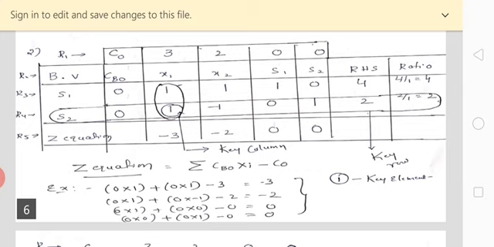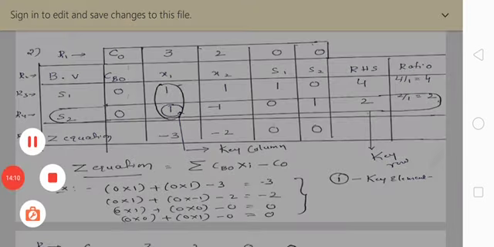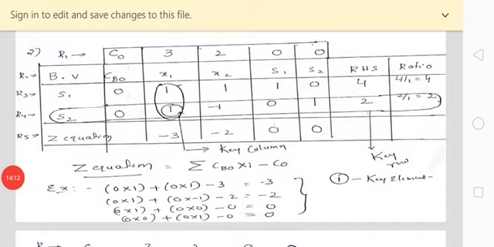If the Z equation values are positive, you stop here, take the RHS values, that is s1 equal to 4 and s2 equal to 2, and do the calculation and solve. But it is not so; the values you got now are negative, so you need to go for further calculation. Now after getting the Z equation, what is the next step?